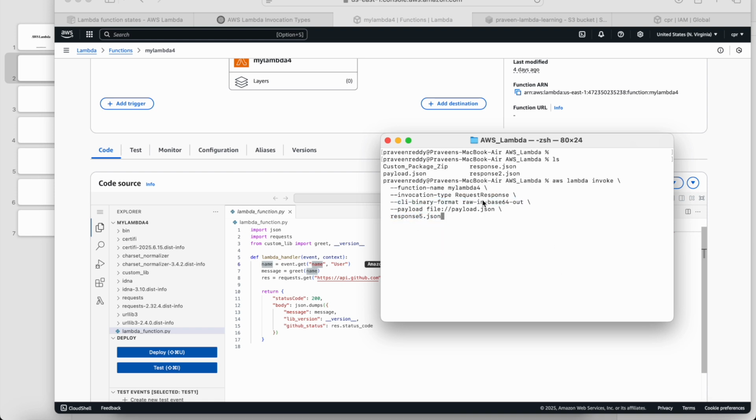And why we need this is, we are passing the input in JSON format, right? So we have to tell Lambda, by passing this argument, that I am passing a JSON argument, so use that JSON argument. That's the purpose. So when I execute this,